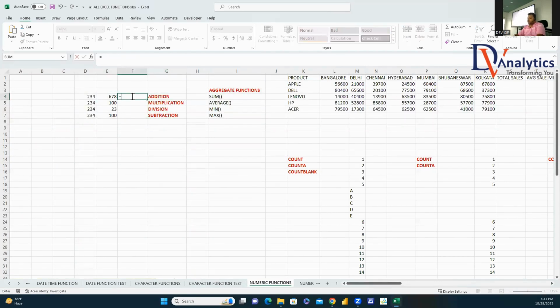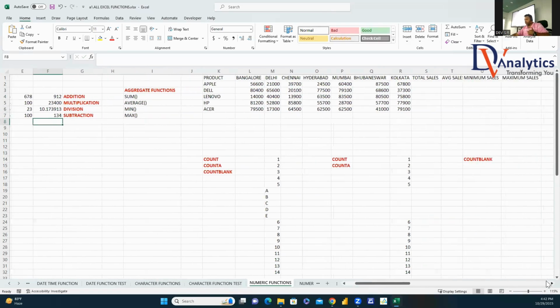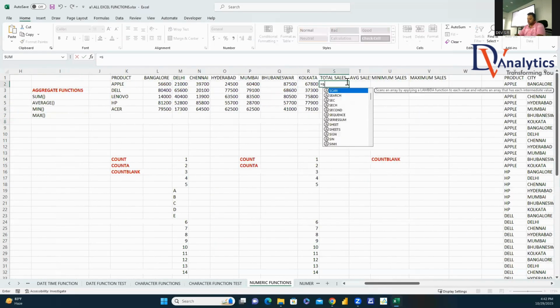So if you say addition, what do you do here? This plus this is the addition. If you say multiplication, equal sign, this star this. If you say division, this divided by this. If it's a subtraction, this minus this is a subtraction. Yes or no? Now, if you want to go for aggregate functions, for example, you would get the total sum